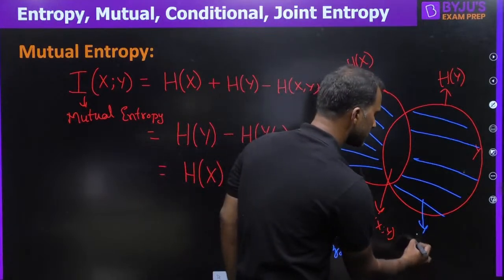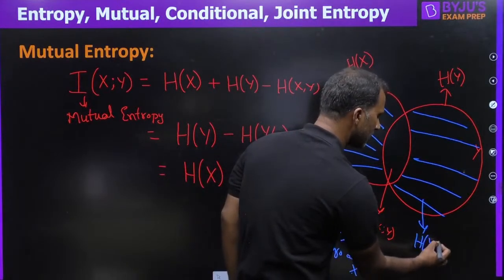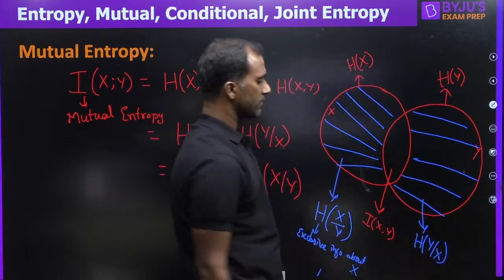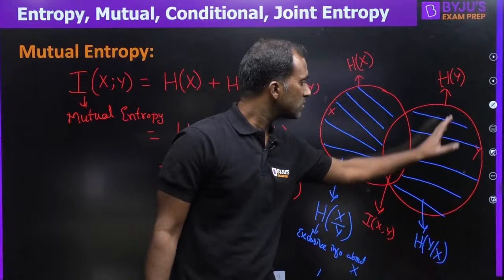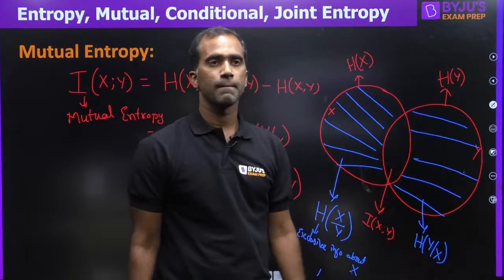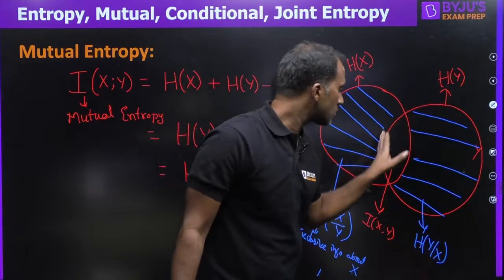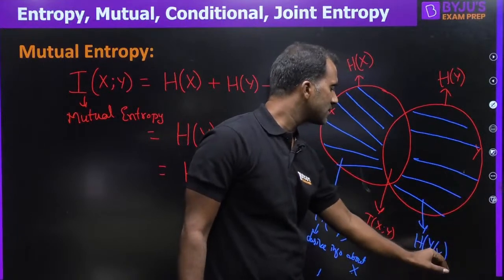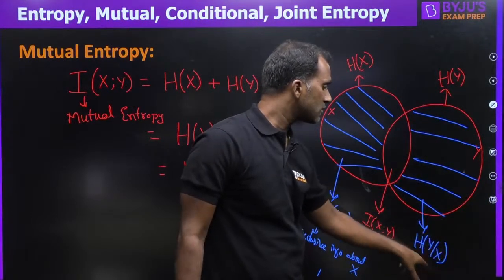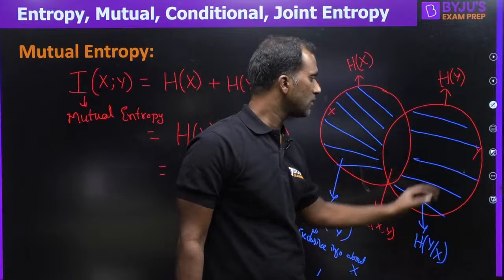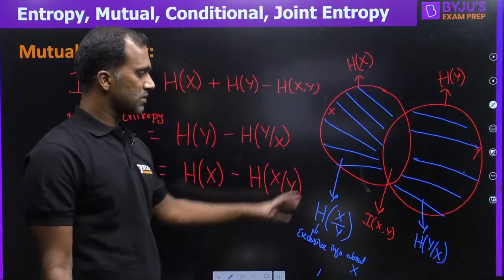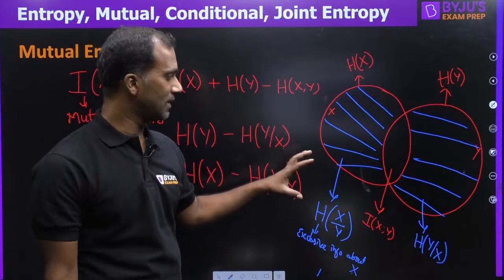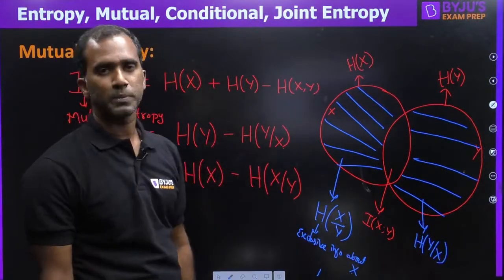So this is exclusive information about y. It is H of y given x: given that x is transmitted, you know the information in x. So what you don't know about y is only this part. If it is only H of y, it is this total circle. If it is H of y given x, you don't want the common information with x because you already know it. The unknown information is only this much. So this is the Venn diagram, using which we can easily understand the meaning of these entropies.